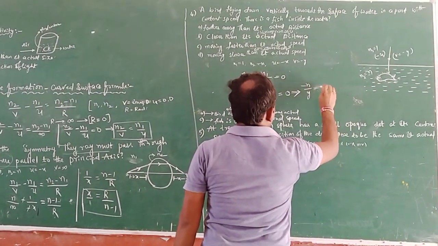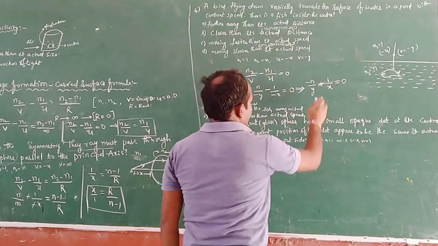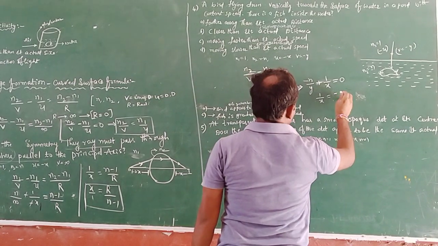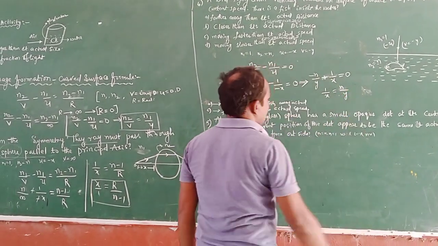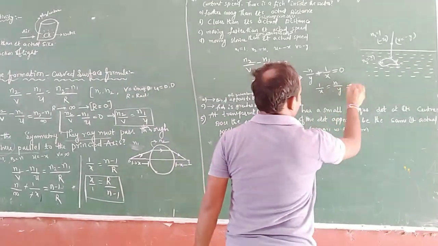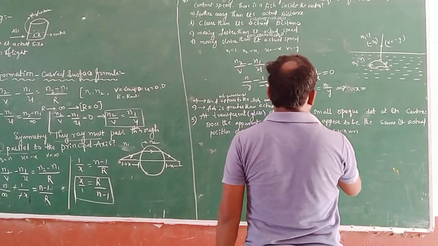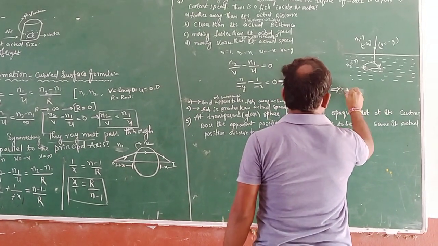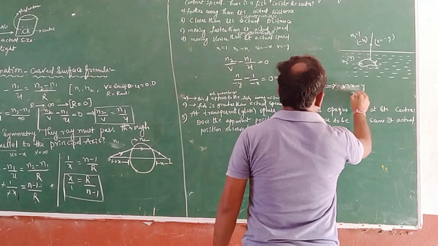plus 1 by x is equal to 0. Then 1 by x is equal to n by y. So the reciprocal of this value, x is equal to what we get? Cross multiplication, so nx is equal to y, then x is equal to what we get? y by